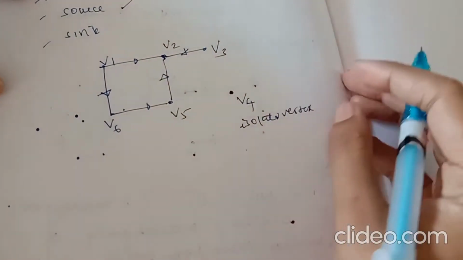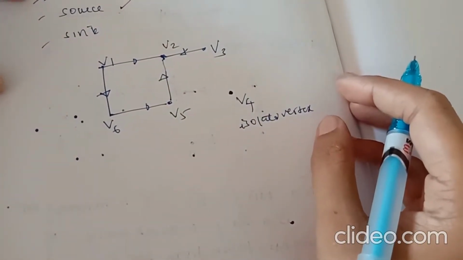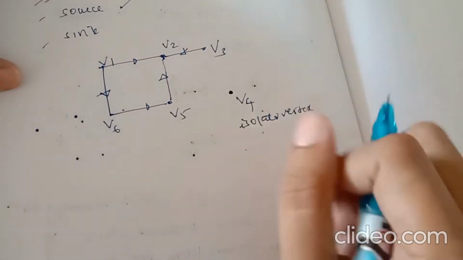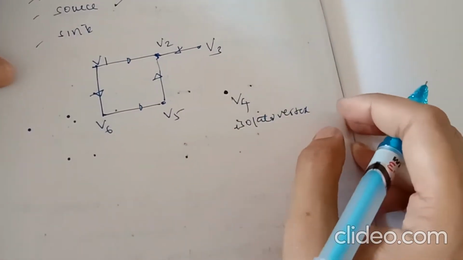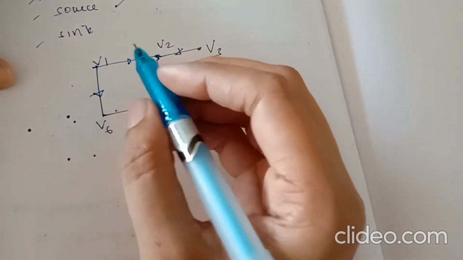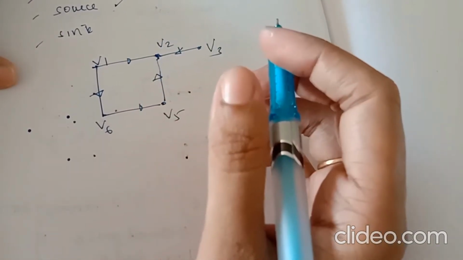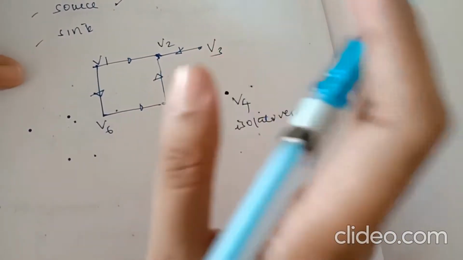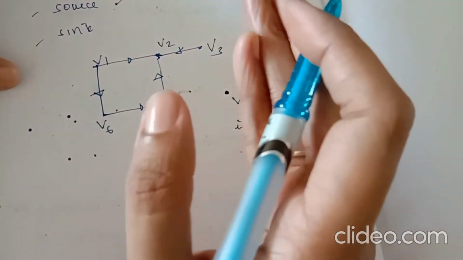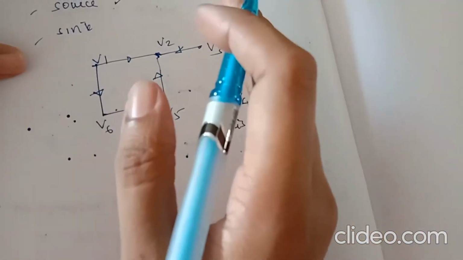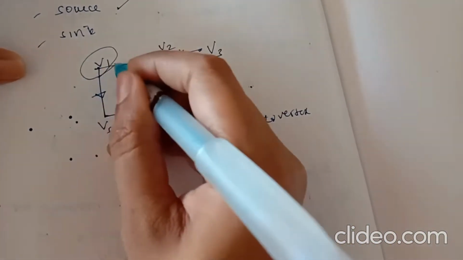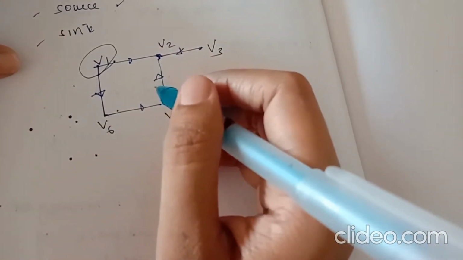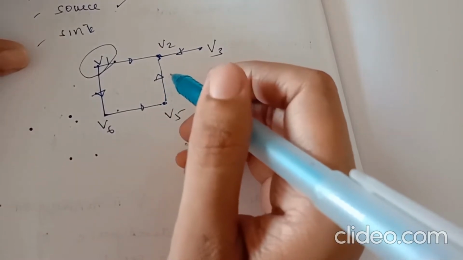Next, coming to the concept of source. When we say that a particular vertex is a source, obviously it should be a non-isolated vertex, right? That means there is a vertex which happens to be an initial vertex but not a terminal vertex. That means there is a directed edge starting from that vertex. So that vertex is called the source. For example, if you take this diagram, which is the source and which is the sink?